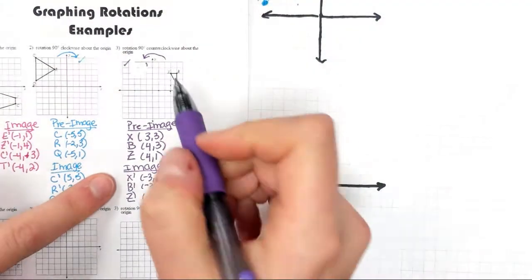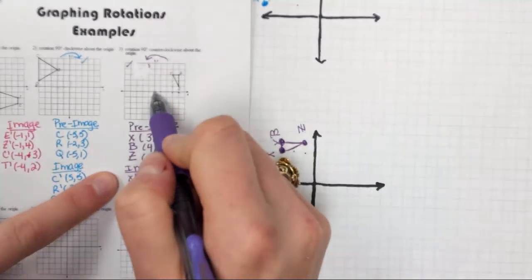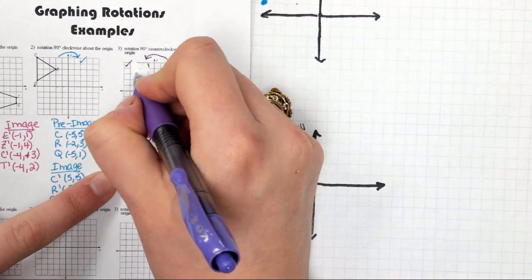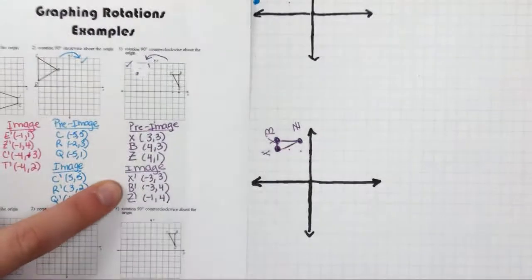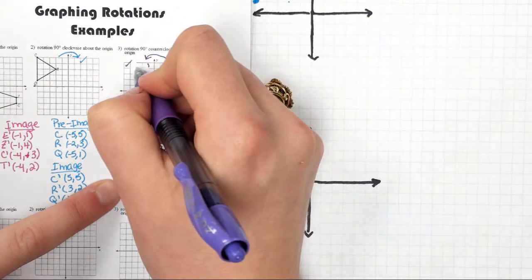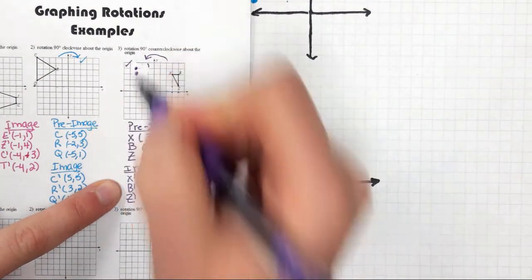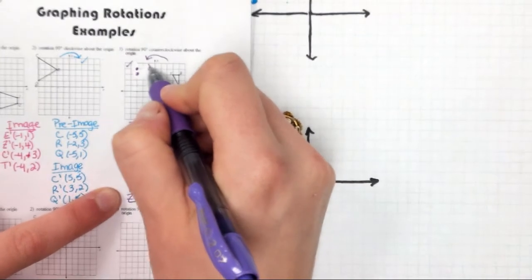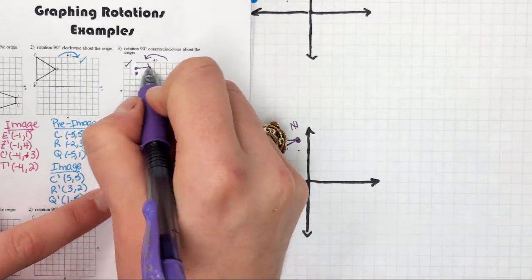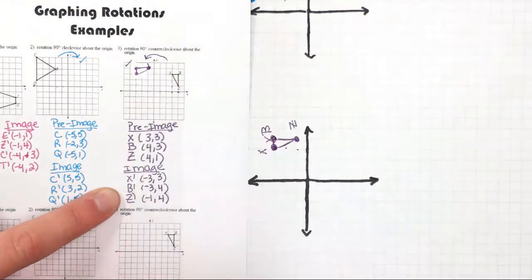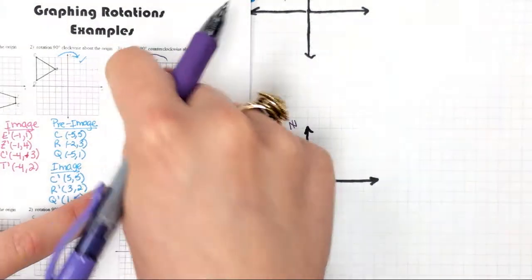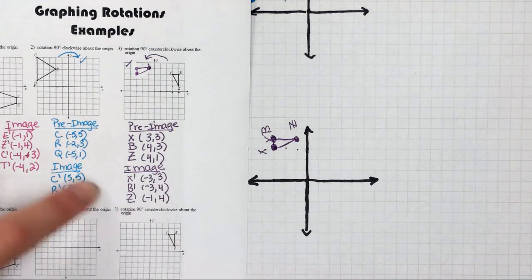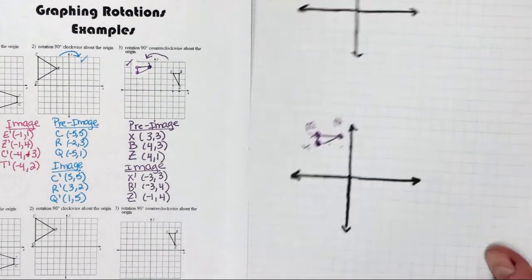So X prime is at -3, 3. Right there. B prime is at -3, 4, which is right here. That's where my mistake was. And Z prime is at -1, 4, which is right there. There's my triangle. It's been rotated 90 degrees counterclockwise, and it ended in quadrant 3, which is what I predicted. All right, we're going to go back and do the same 3 examples, but this time